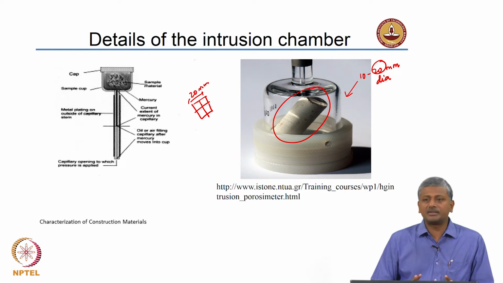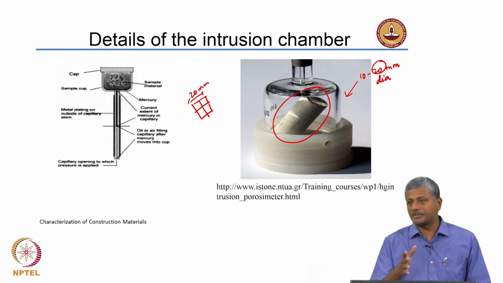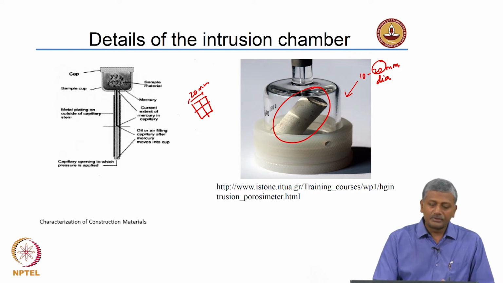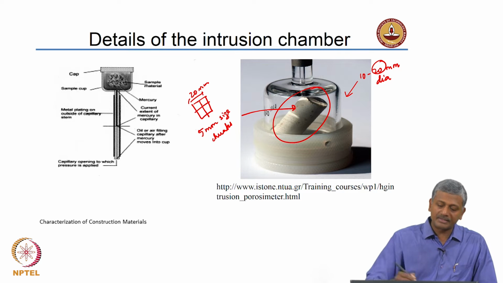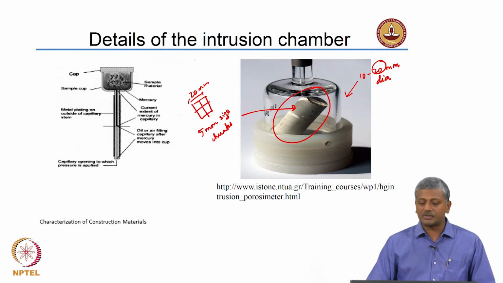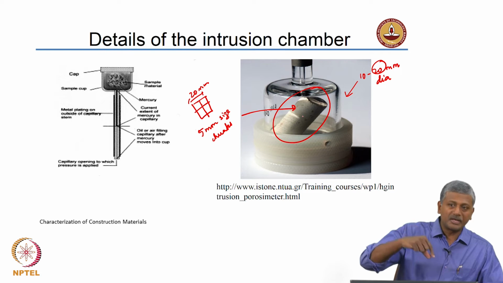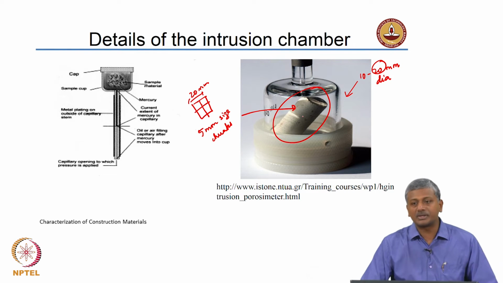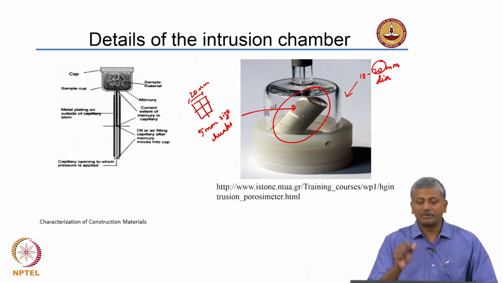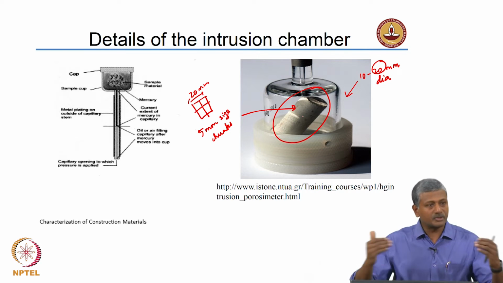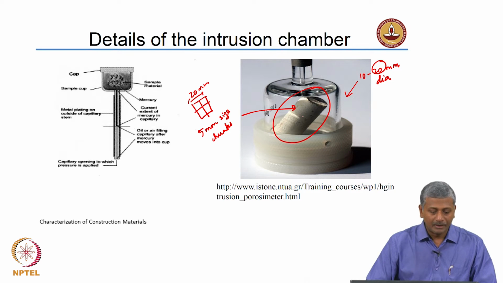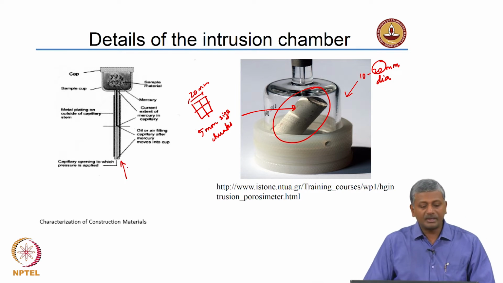You are not going to be changing the pore distribution, because pores are much smaller than the size of the chunks that you are choosing. So, typically about 5 millimeter size chunks are good for putting inside the sample chamber. Of course, this is a case where a cylindrical core that has been taken through the sample is directly put inside the chamber, but better to adopt very small sized chunks, because that increases the overall surface through which the intrusion can actually take place. So, again this gives you an example of the sample chamber or sample container.